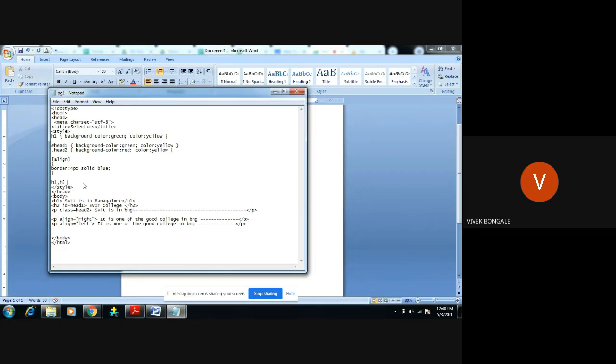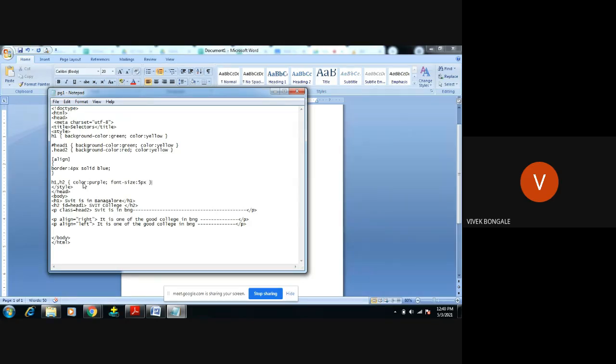So I will give the property, that is I want the color to be purple, then the font size, I will give the font size to be like 5 pixels.